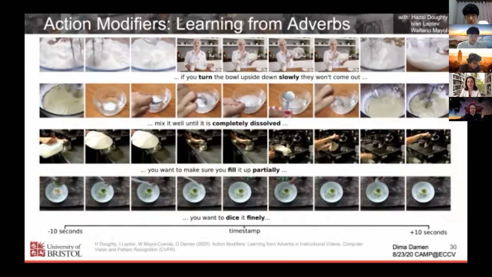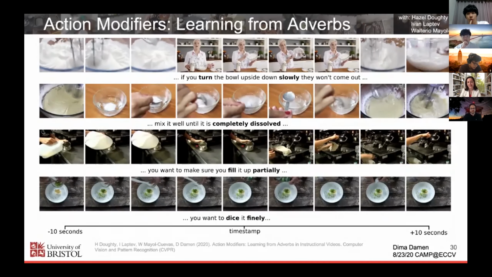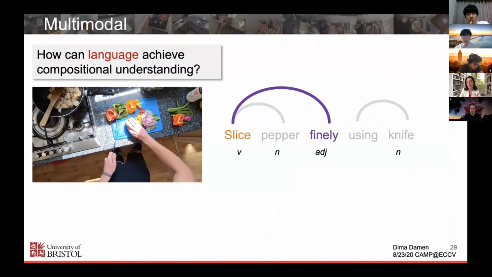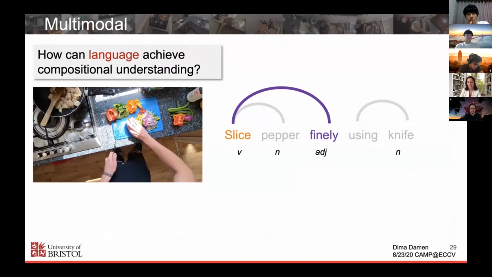You also find people tending to say adverbs when they're meaningful, like you need to turn the ball slowly in this particular task, or you need to make sure that this dissolves completely. So we are looking at the sentences that come with these instructional videos from YouTube. This is the HowTo100M dataset. And what we're doing here is parsing these sentences for verbs and associated nouns. And as I've shown you here, these parsers will tell you which verb the adverb applies to.